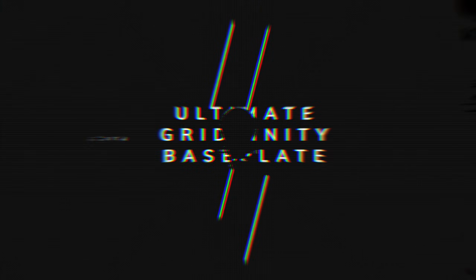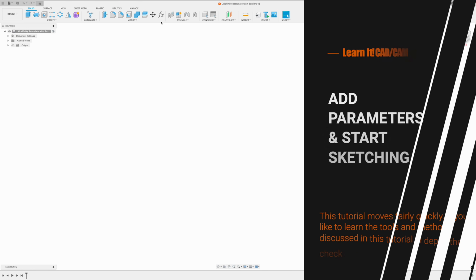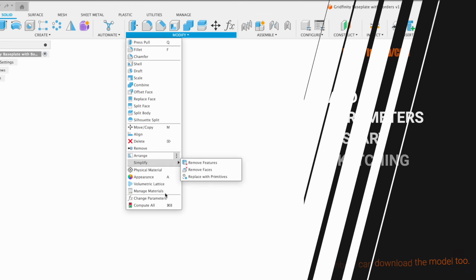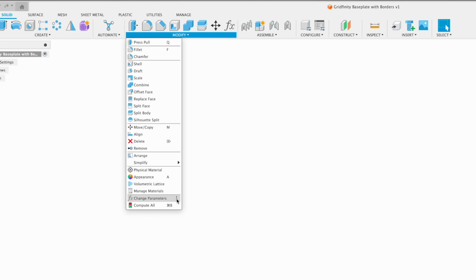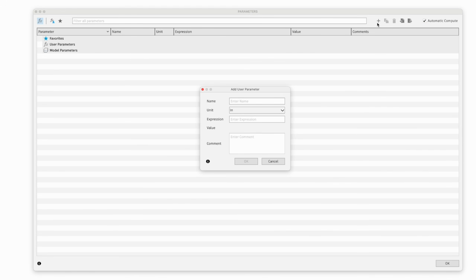Let's make the ultimate Gridfinity baseplate design. So the first thing we're going to do is go to our parameters, and here you can find it under the modified drop-down menu, change parameters, and if you click on the kebab menu, you can pin it to toolbar or shortcuts. So let's click on change parameters, and the first one we're going to put in is the size